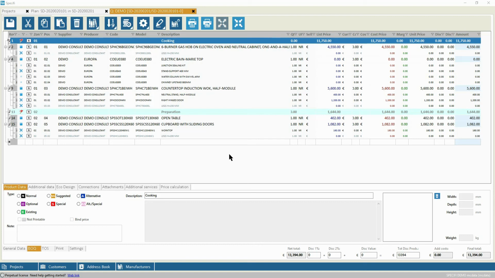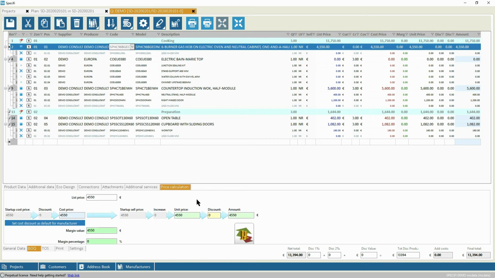To change your cost and sales prices within the offer, you can go to the tab Price Calculation after selecting a piece of equipment, and here we see a diagram showing the initial cost from the price list and any discounts you receive from the manufacturer. Then you can add a margin, markup or discount, and the sales price to the customer is shown with the